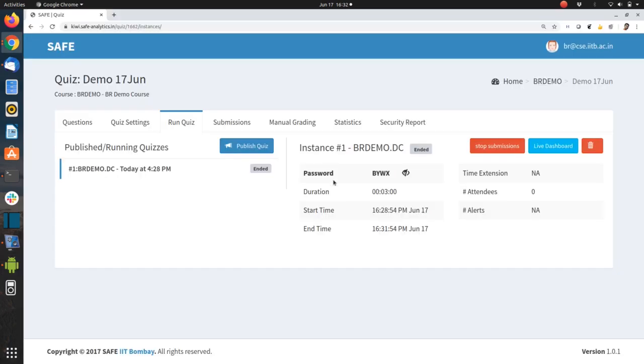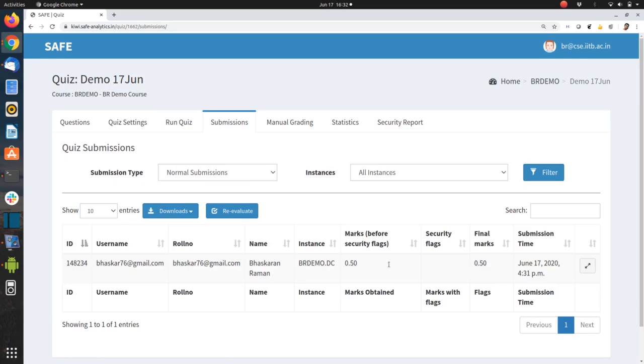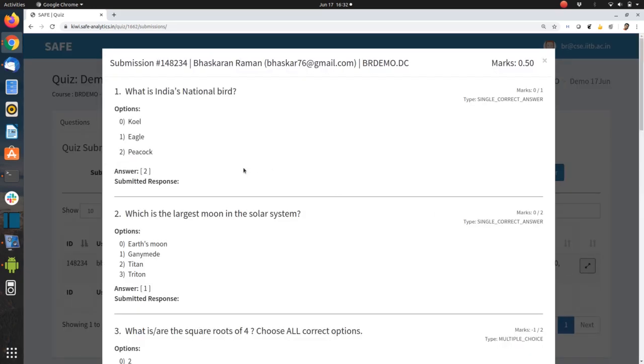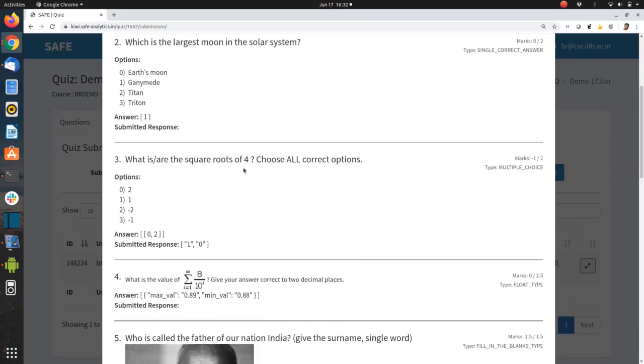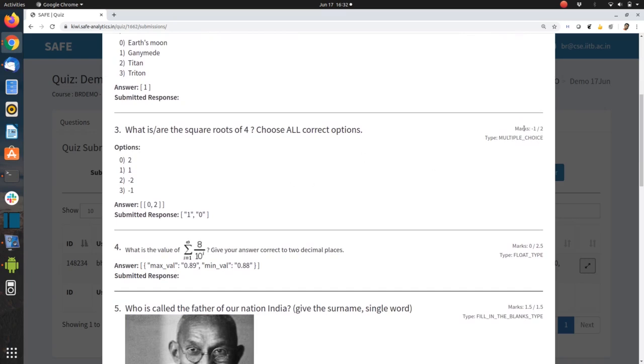Let's now see from the instructor side. Go to the submissions. You can see here for each question, most of the questions are unanswered, of course. Okay, so see here that this student has gotten -1 marks because we chose negative marking and the student gave the wrong set of options.